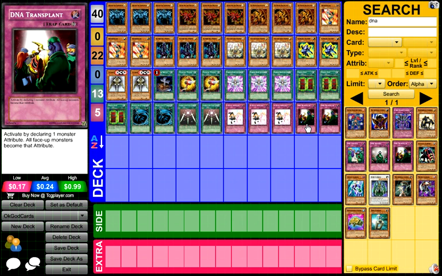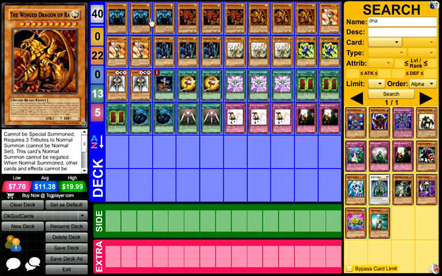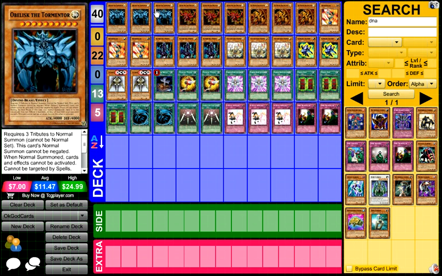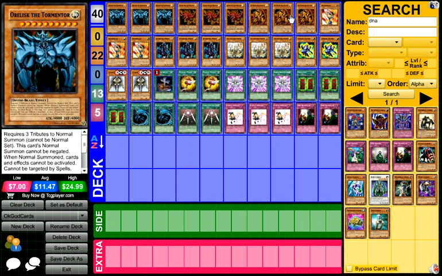Alright, so that's all the cards in the deck. Now, if you haven't guessed, the strategy of this deck is to summon all the Egyptian gods, and if you do so, then tribute for Holactie, which lets you win. Or you can actually attack directly with a few of these